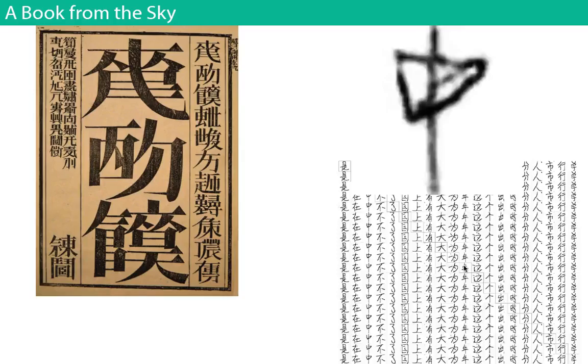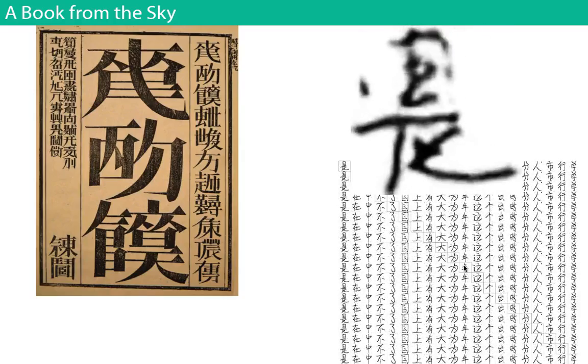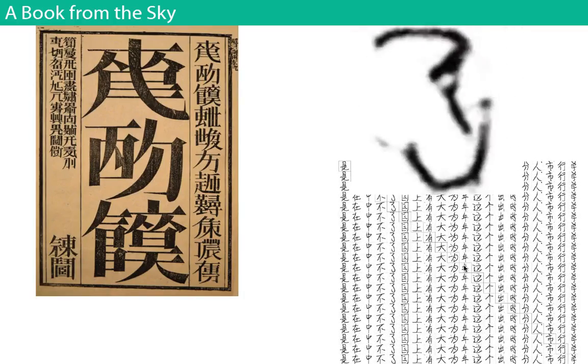I took MNIST numbers and generated interpolations of them, right? So it's changing the numbers into each other. It's literally interpolating numbers. I like calling it that. I did this project with Chinese characters called A Book from the Sky. I wish I had more time to talk about this project. It was a really fun project.